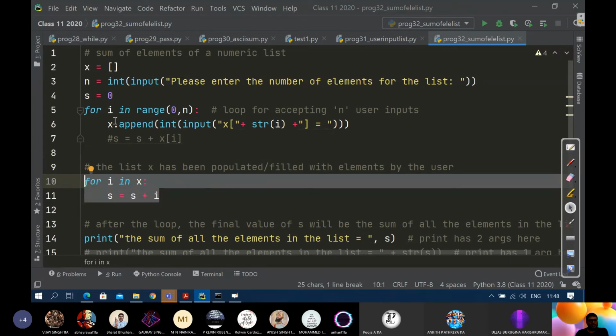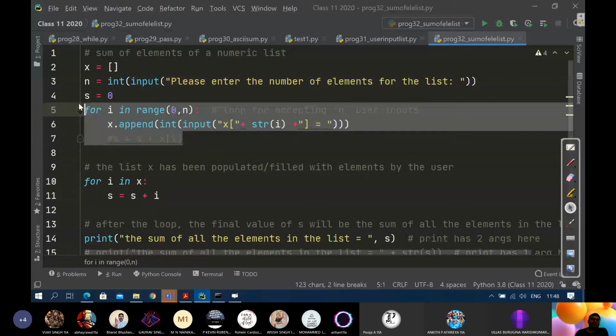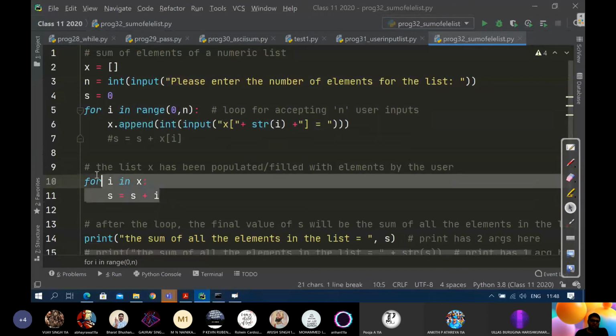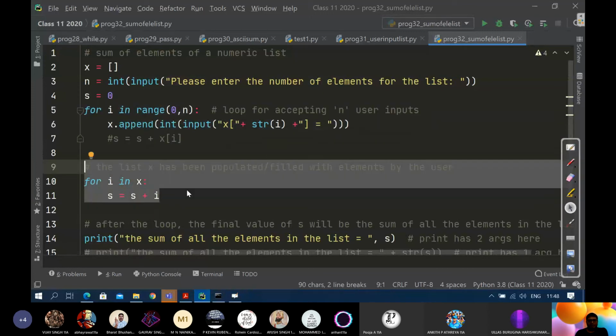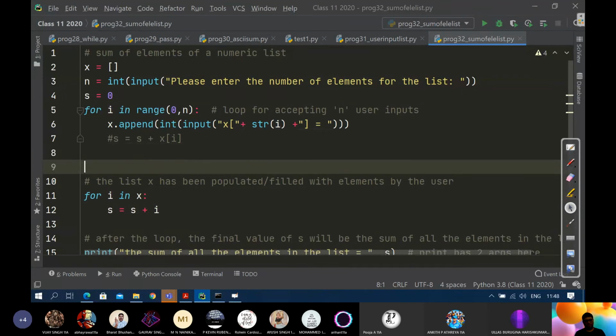Instead, why don't we, after taking the value, immediately add it to S? In fact, this is also correct. That means you don't need this loop, but I will write it as a comment itself. As a global programming standard,